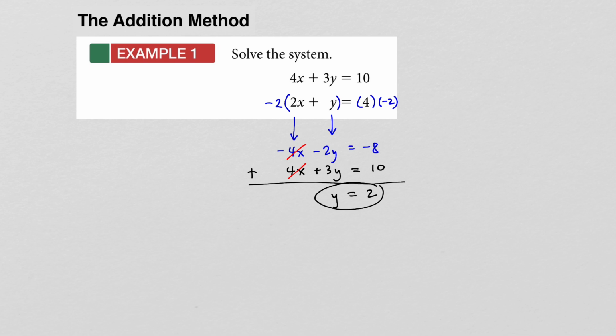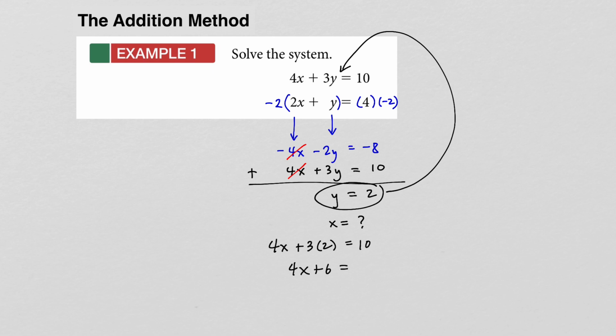Now, once I have y equals 2, we need to know what does x equal. So simply take y equals 2 and plug it back into either one of the equations. I'll just plug it into the first equation. So when I plug in y equals 2, we end up getting this, and we have 4x plus 6 equals